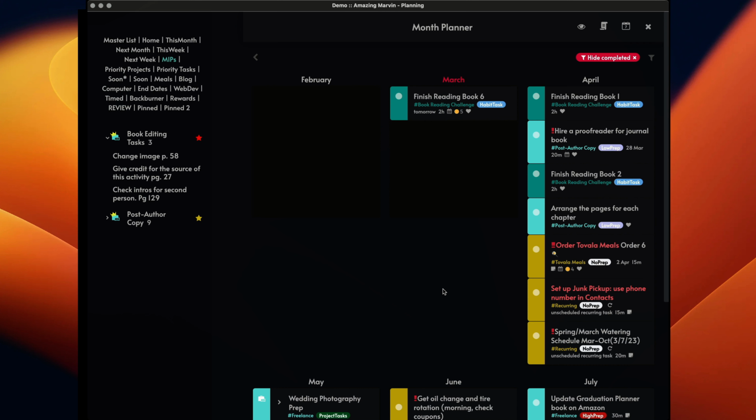So these particular labels help me to determine that I do not want to have too many learning tasks or high prep tasks, and I don't want to have a lot of low prep tasks either. I mean, I want to have some there, but I don't want a whole bunch, because these tasks that I put into my monthly planner are the ones that I am really trying to